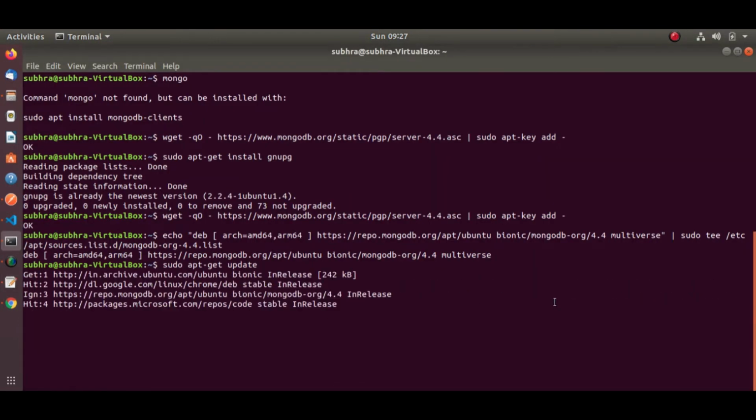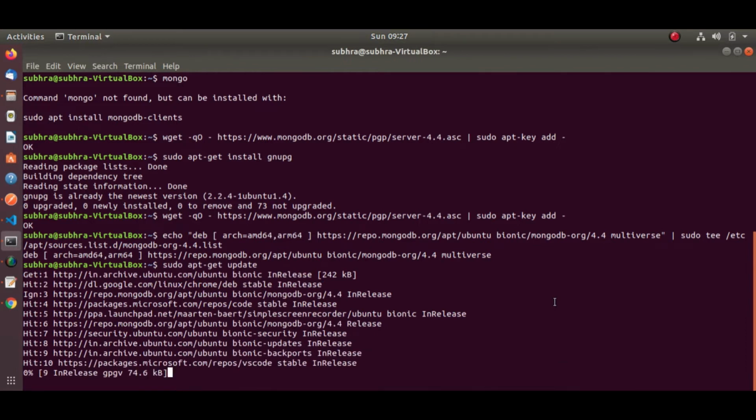As per your system environment, you can choose the steps. If you are using Mac or Windows, accordingly you can get the commands from the MongoDB home website. All the installation commands are present over there. You can get them from there.